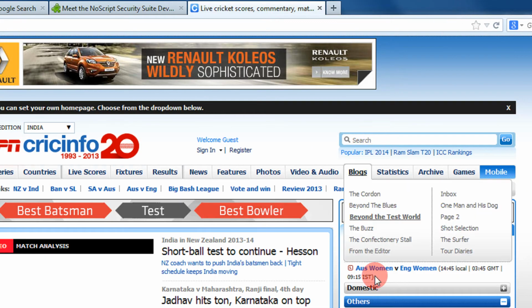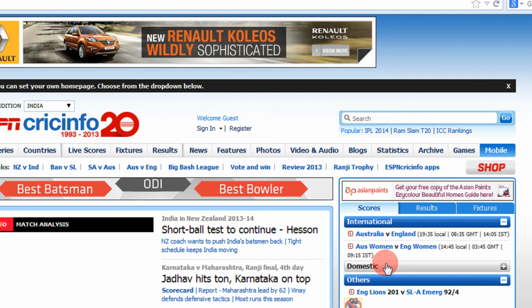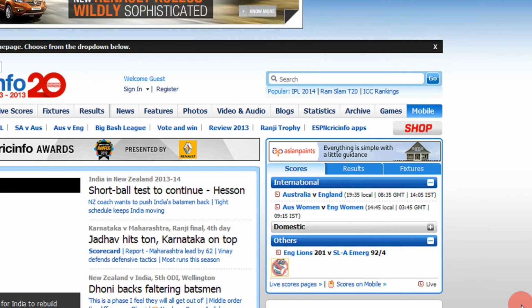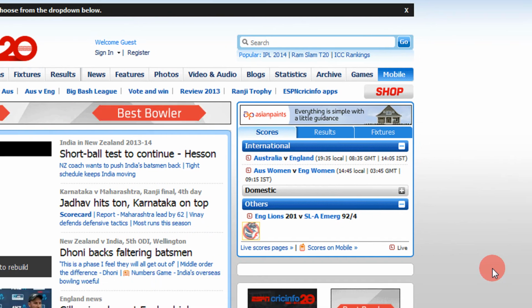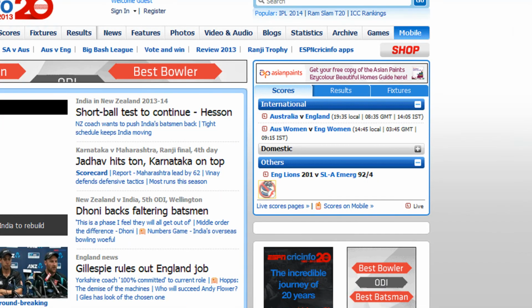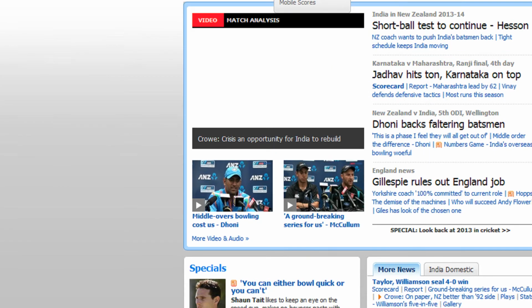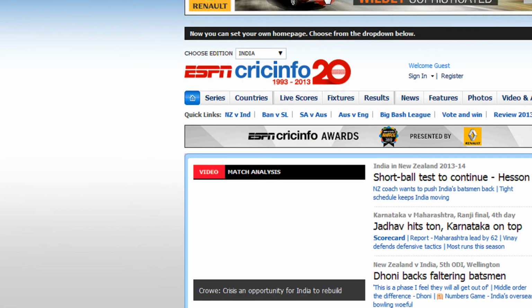Actually it's loading, but there may be issues when you fill forms on various websites. Gmail may be allowing. So in this manner you can use NoScript to secure your access.